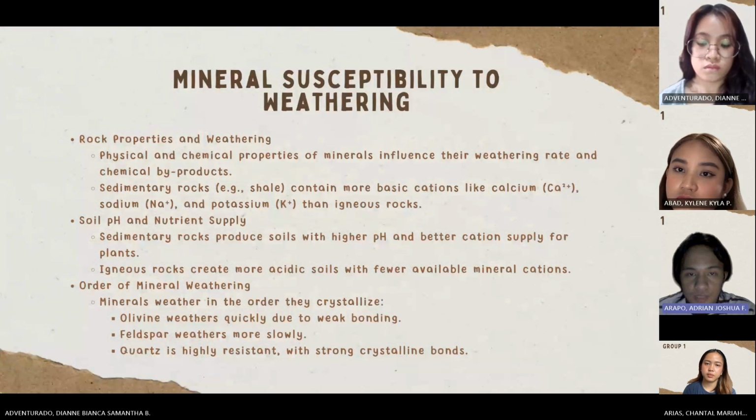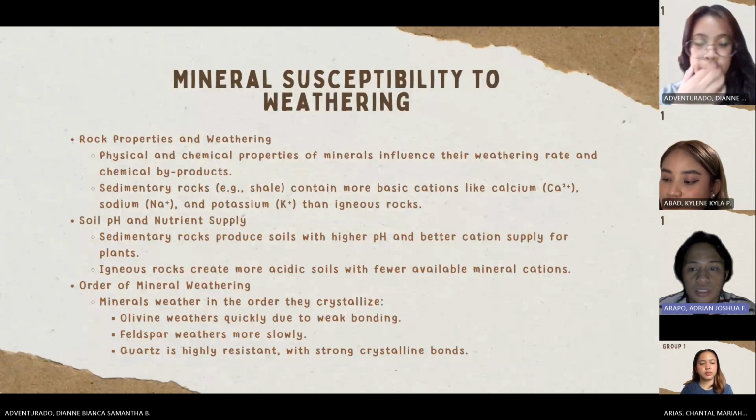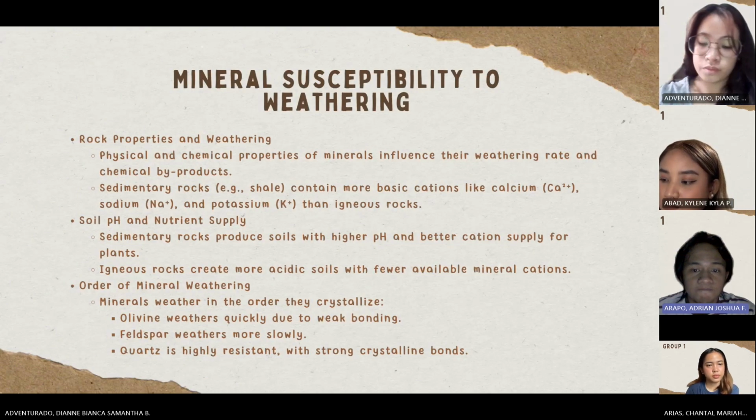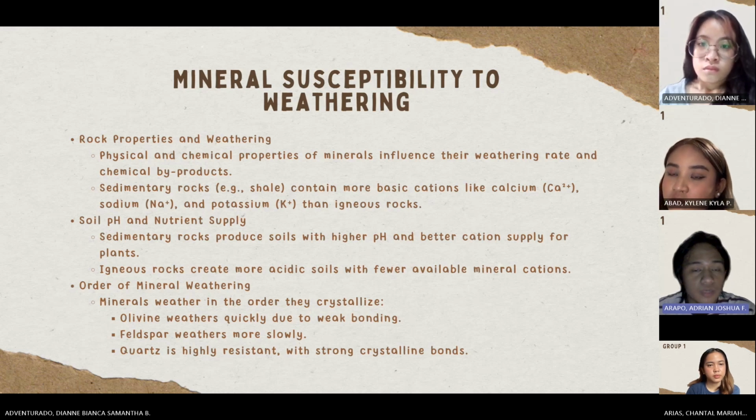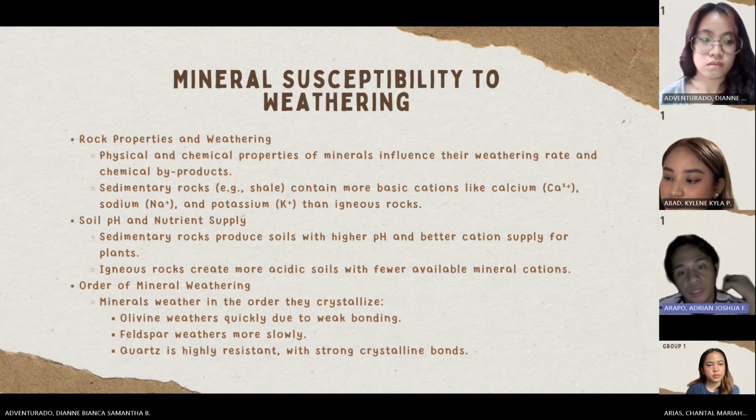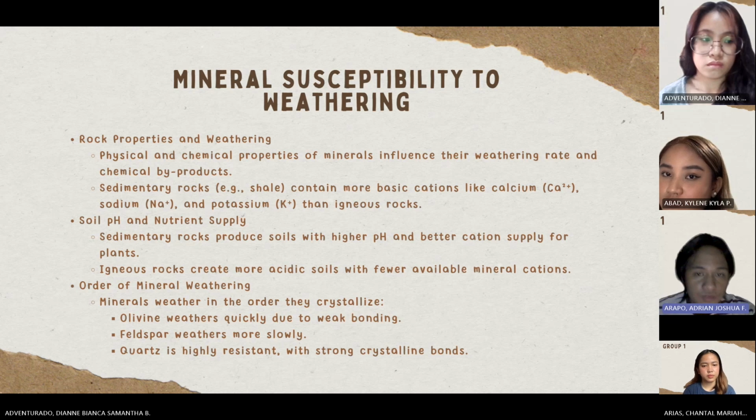So for minerals susceptible to weathering, there are certain factors that would affect this. So one, the physical and chemical properties of the minerals determine how quickly they weather and what byproducts they would provide. Minerals with weaker chemical bonds break down faster, of course, while those with stronger bonds tend to take time before it breaks down. Next would be the rock properties,